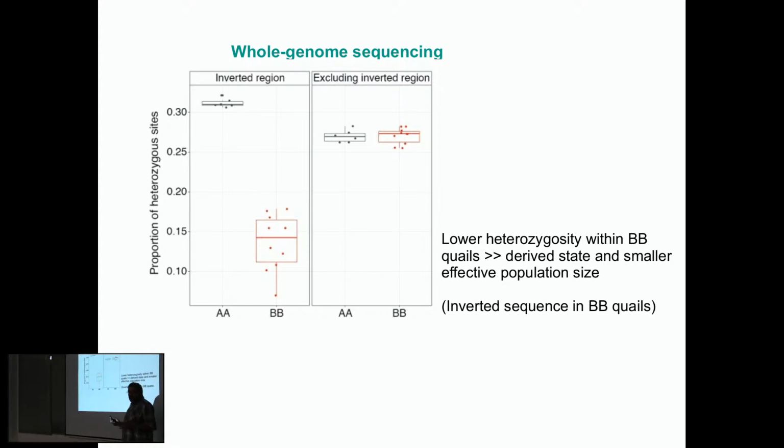Our first interpretation is that perhaps this is telling us that this is the original and this is the inverted, and has had a shorter time to accumulate divergence. Although, at the same time, this is distributed over a very much smaller area, has a smaller effective population size, and is slower at accumulating genetic diversity. But all this led us to think that this, the B version, is the inverted part, no? The one that is restricted in the south of the Iberian Peninsula and in northern Africa and Macaronesia. That is the inversion.